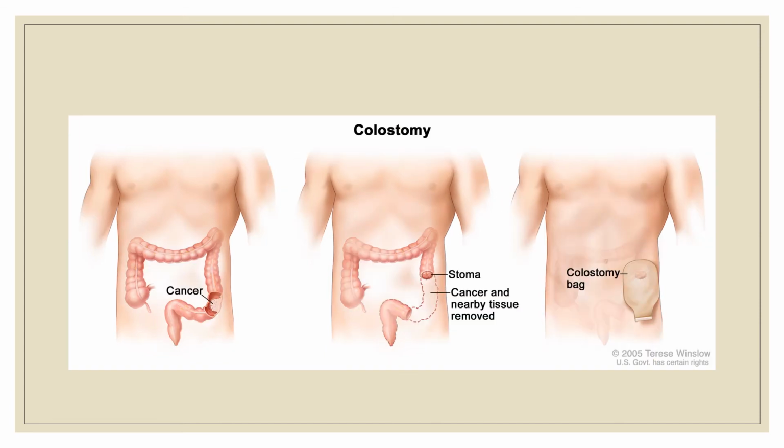And then we're talking about a colostomy. So depending on where the tumor is within the colon, especially if it's more towards the rectum or the descending colon, we may need to have a colostomy bag. Normal bowels may not be able to function again. So it's very dependent on the location within the colon. Here on the left, we have cancer in the descending colon, almost going to the rectum. They take out the portion of the tumor, as well as 5 centimeters on either side.